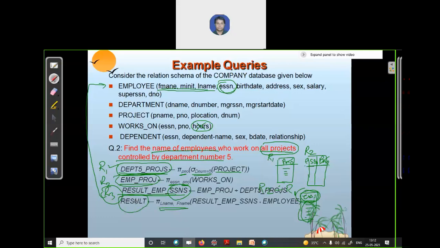Please see this query carefully and try to understand what we are doing step by step to get the result.